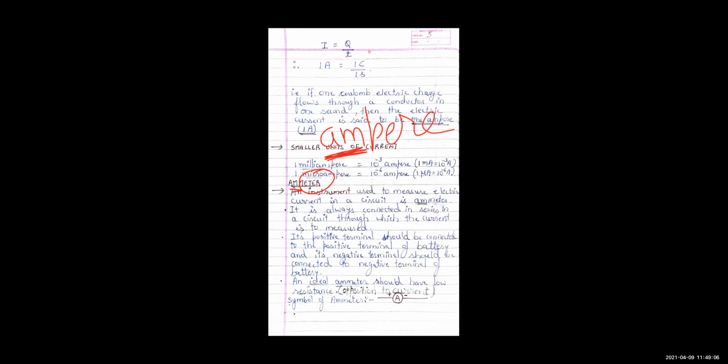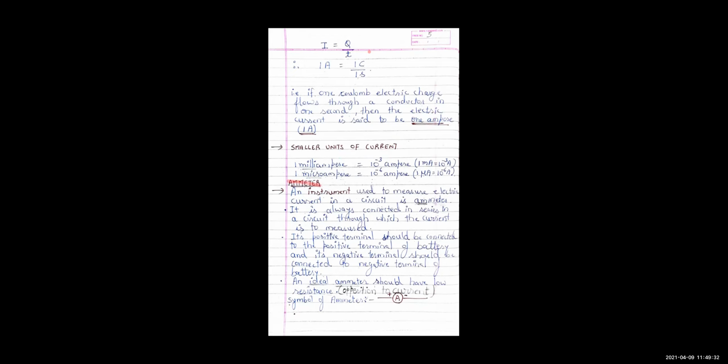In your house there is an electric meter installed. What does it measure? It measures the electrical energy you have consumed. So what is a meter? A meter is a device that measures something. So this M meter, what will it measure? It will measure the ampere. It will measure the current. So in the exam the question can come, name the device used to measure current. So what is the name of the device?